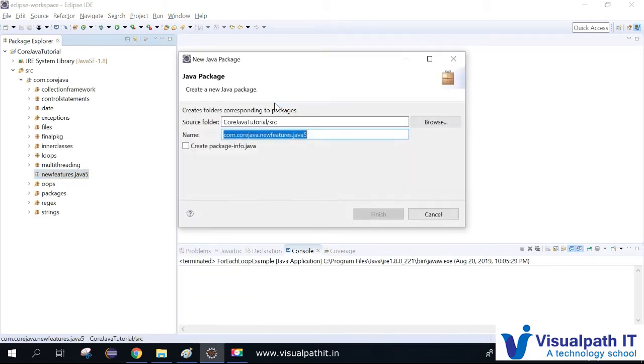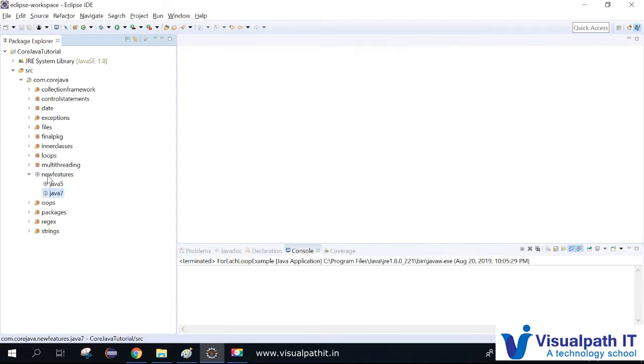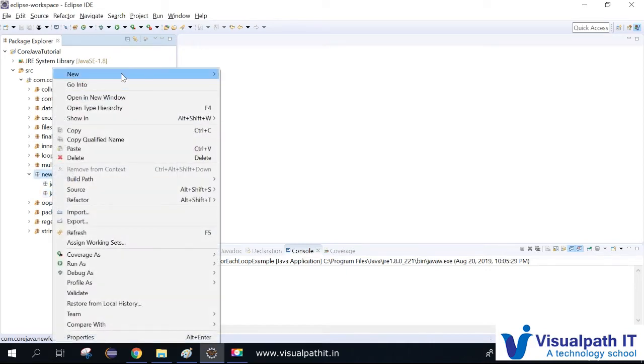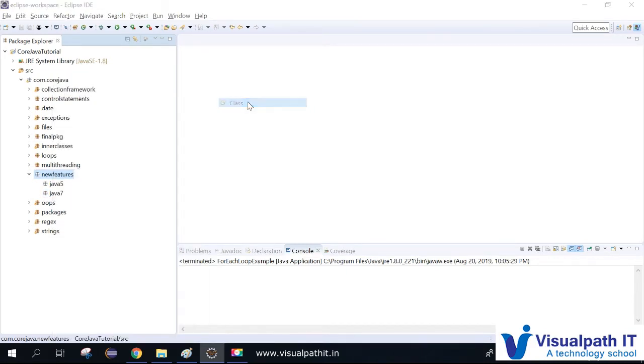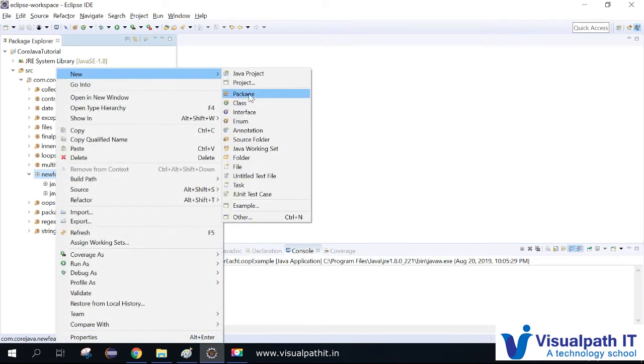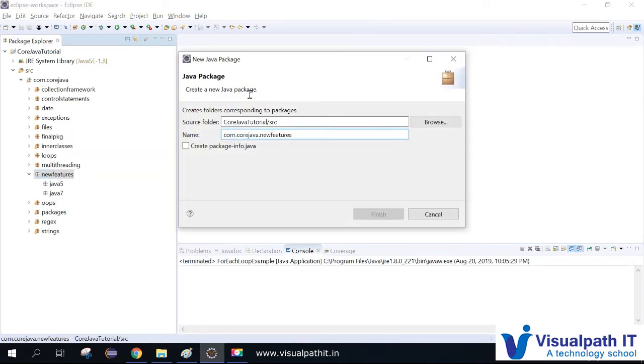and Java 7. Java 6, nothing much is improved. In Java 7 we have features, so for that I'm creating a package called Java 7, and Java 8. Sorry, I just created a class. One more package, which is Java 8.